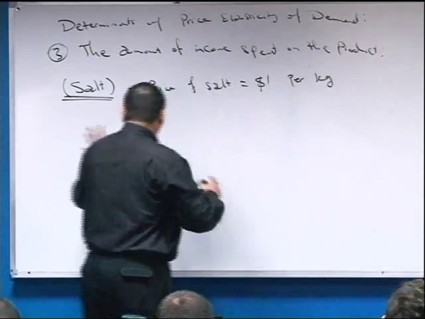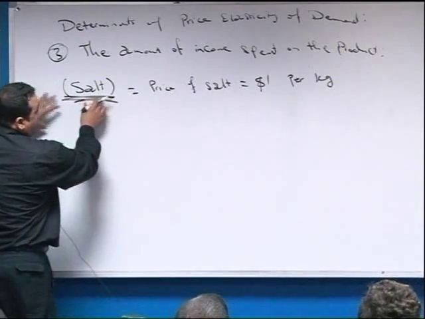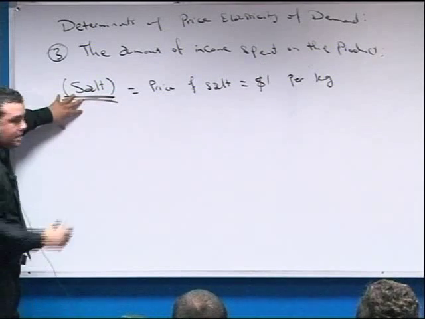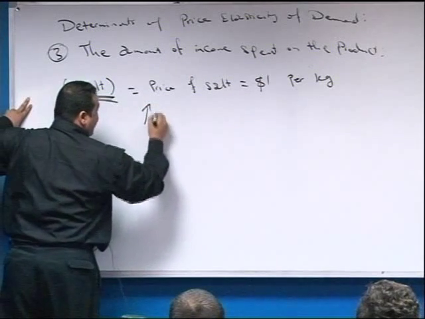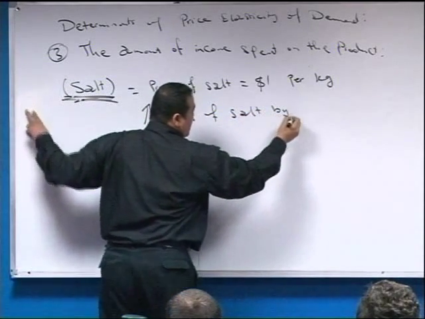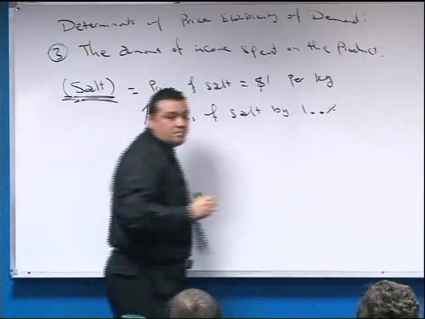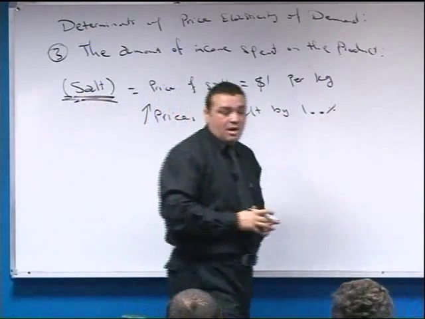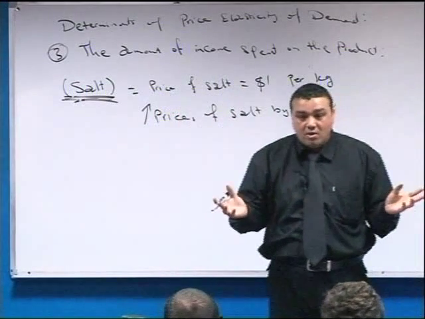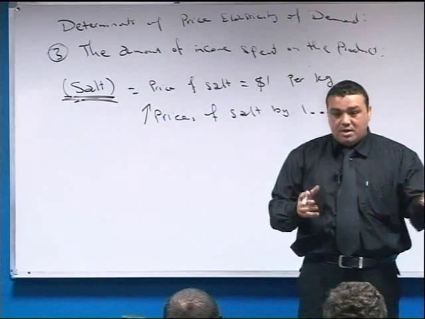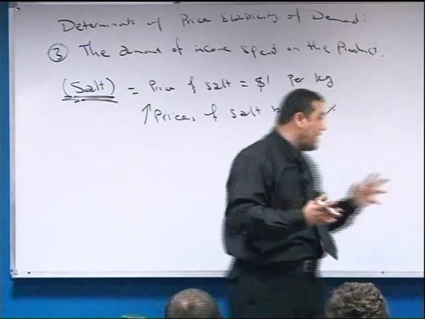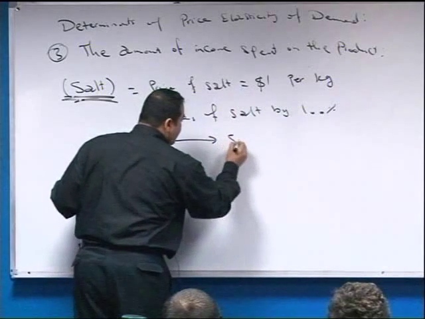Yes. So, as you see, the salt has a small amount of income spent on it, right? So, in this case, increasing the price of salt by 100%. So suppose that the price per kilogram of salt increased to 2 shekels. Is there any effect on the income spent on this good? No. So in this case, this leads to a smaller reduction